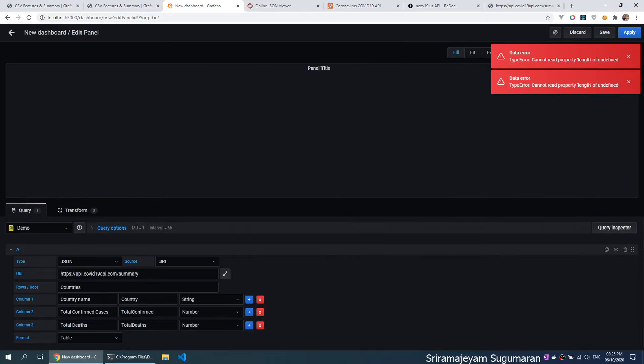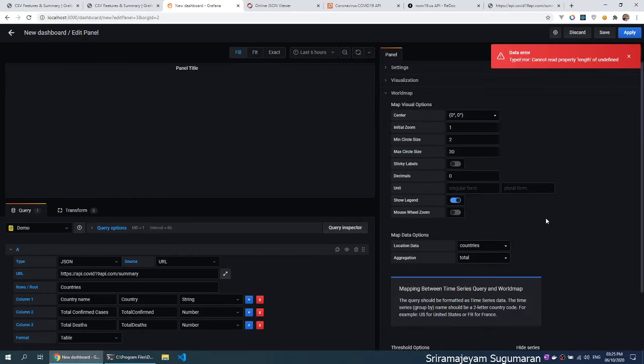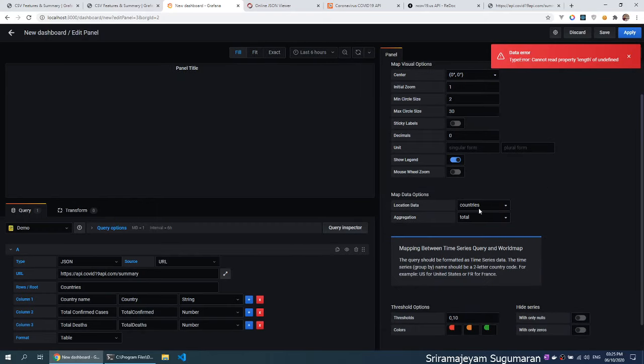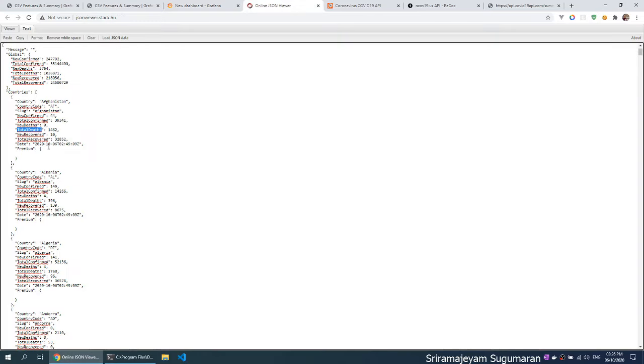So what I'm going to do is, see, location data is countries, that's correct. I want to visualize only total confirmed cases in this graph, so let's remove this. Instead of country we'll choose country code.